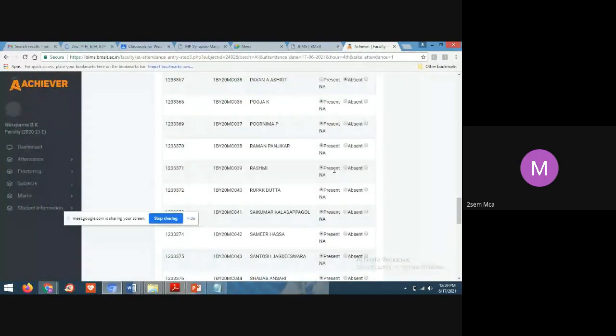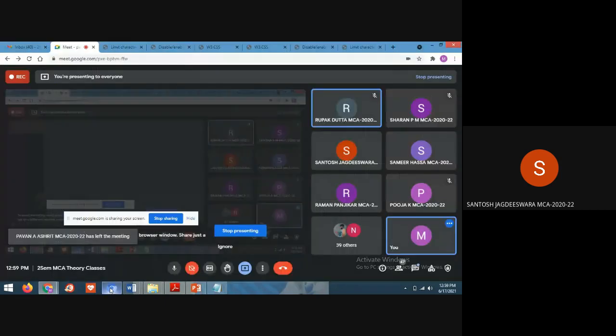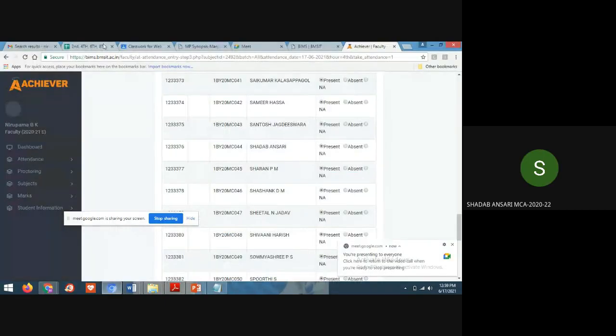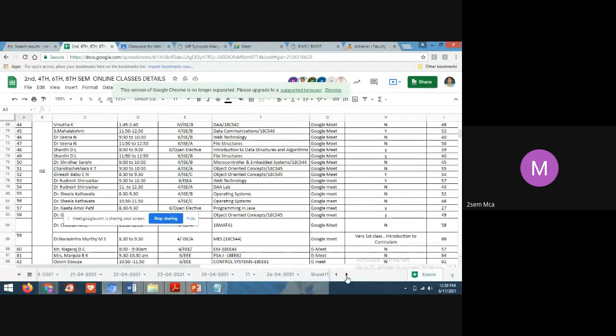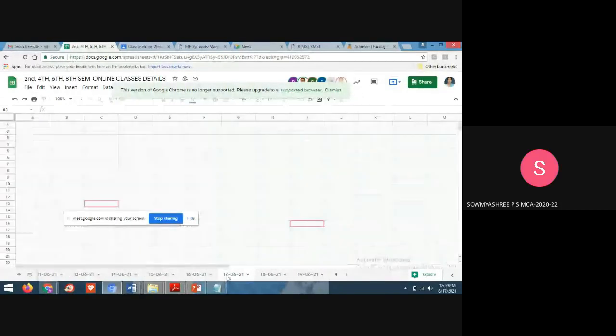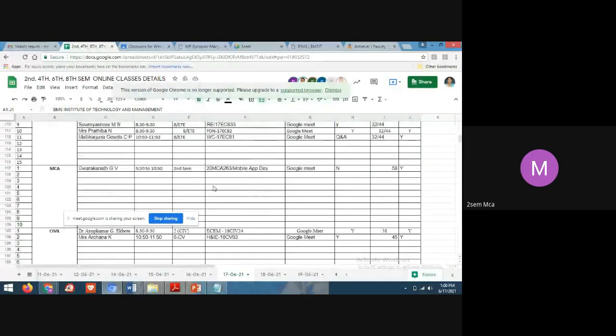Rashmi is absent. 41, Present, ma'am. 42, Present, ma'am. 43, Present, ma'am. 44, Ma'am. 45, Present, ma'am. 46, Present, ma'am. 47, Present, ma'am. 48, Present, ma'am. 49, Present, ma'am. 50, Present, ma'am. 51,